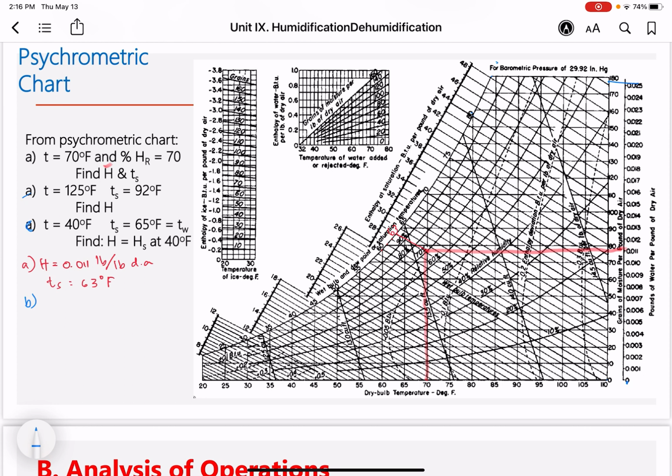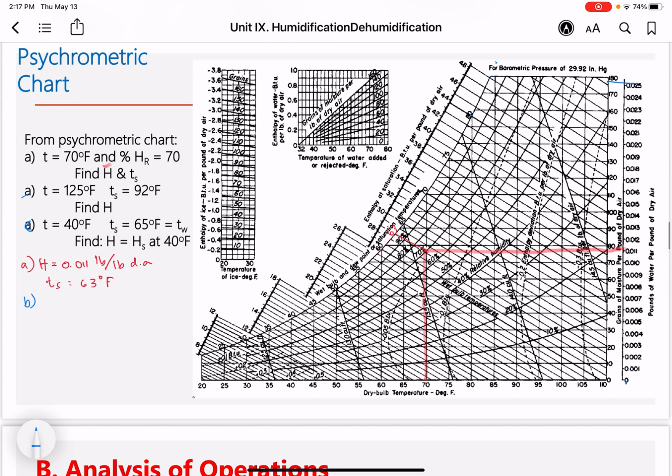You're given 40 degrees dry bulb, and the saturation temperature is equivalent to your wet bulb. So if the saturation temperature is given as the wet bulb, your H is equal to HS at 40 degrees Fahrenheit. So where is that 40? So this is the 40. If you project it, you get your HS at this point, or 0.005 bago mag 0.6. So assuming yan,